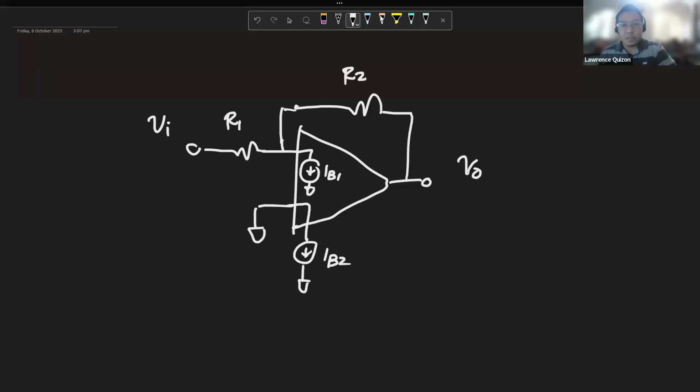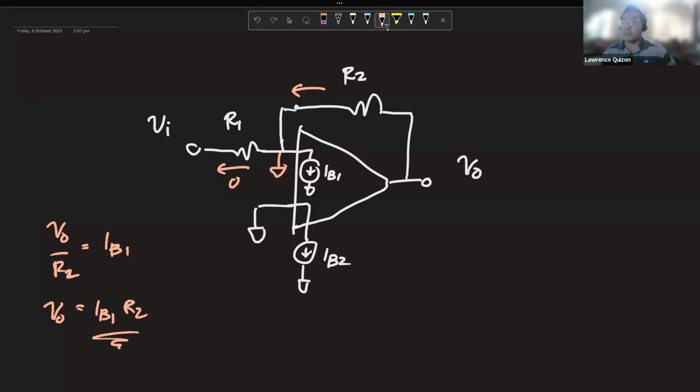So, our analysis can go like this, no? So, ground yun. So then, kung ground yun, walang current yan, no? So, ito lang ang may current. Which means that V out over R2 is actually equal to IB1, no? Or, in other words, meron tayong ma-measure na V out,